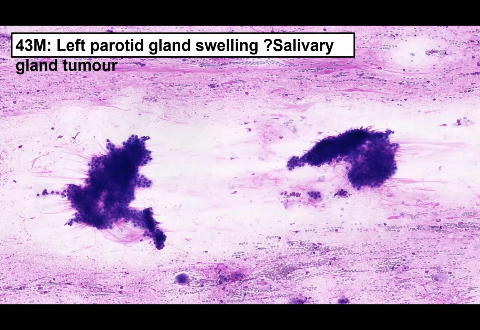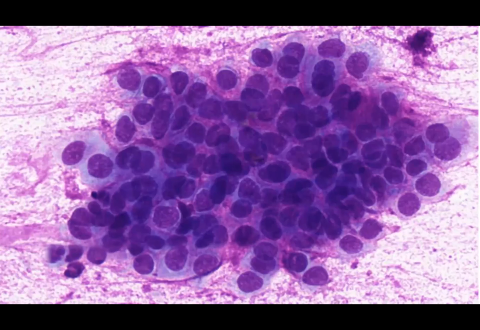This is just to remind you about some of the pitfalls with these neoplasms. So this was a left parotid gland swelling, query salivary gland tumor. And here again, you've got basaloid appearing cells. Could this be a fibrillary type matrix? On closer inspection, you can see a low nuclear to cytoplasmic ratio and more of this kind of scant stroma. So this was put under the cellular basaloid neoplasm